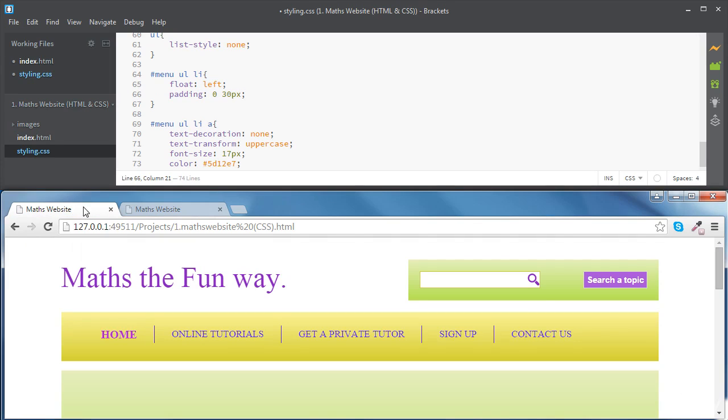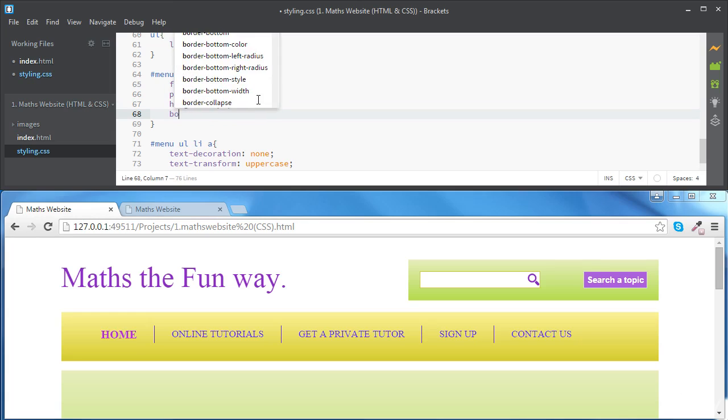Also, let's separate the list items using this vertical bar. To do that, we're just going to add some border right to each list item. Before doing this, we're going to need to change the height of each list item so that we get the right height for our bar. So we're going to change the height of our list items to 20 pixels. And then we're going to add a border right